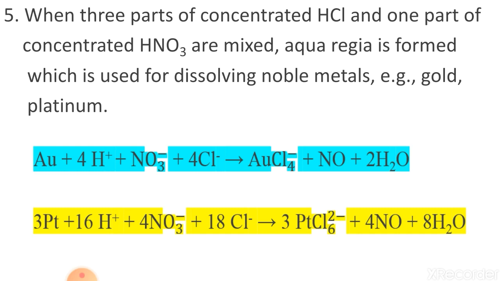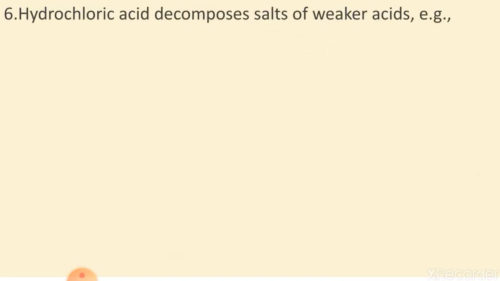You write the reactions, and also one question arises, which gas is common in both the reactions with aqua regia? That is, when gold and platinum react with aqua regia, both produce which gas? Write the name of the gas. So this gas is nitric oxide, that is NO. So you have to focus on the reactions also.